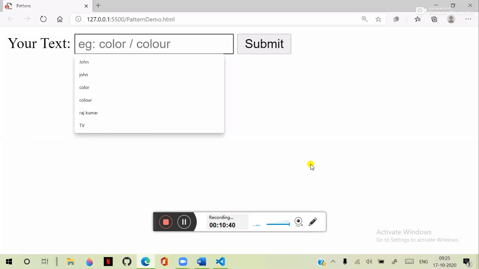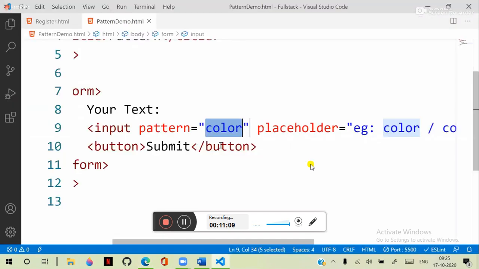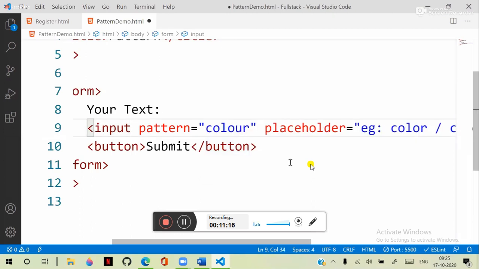That means the point here is the U character. This U character has two situations: without U, that means zero occurrence, or with U, one occurrence, but only one time, not many times. Then we have to define it in the pattern. After writing U, you have to put a meta character, the question mark. This indicates that it is going to use the pattern